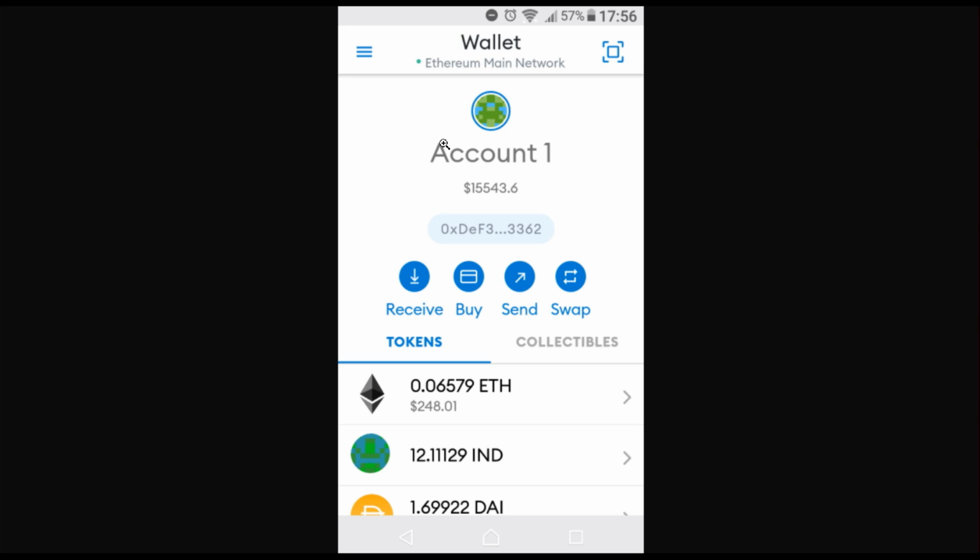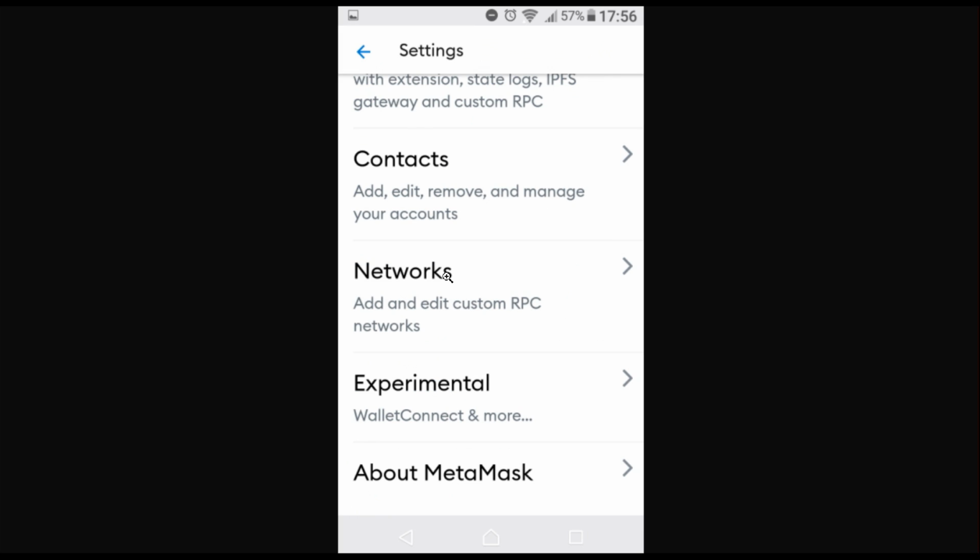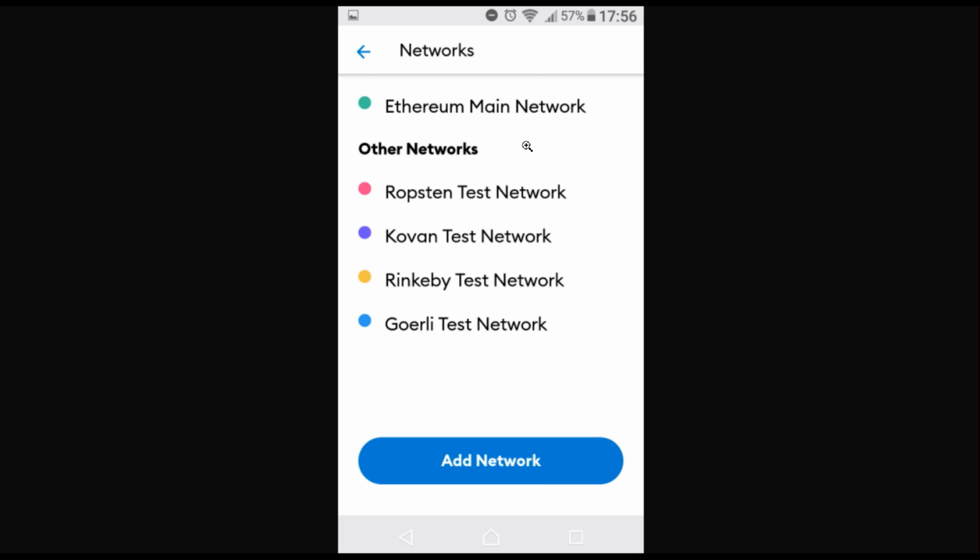This is the first page you will see. Now what you would do is you would click on the 3-bar menu at the top left of your screen. Once you've done that, you will come to this page. Now you want to click on settings. Once you've clicked on settings, you'll come to this screen. This is where you want to click on networks. So you click on your networks, then you want to go add network,